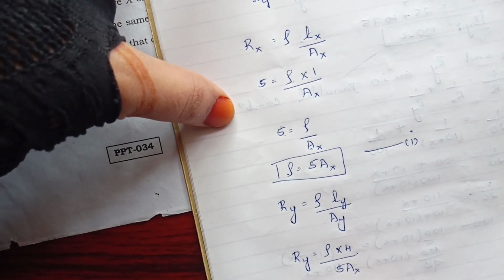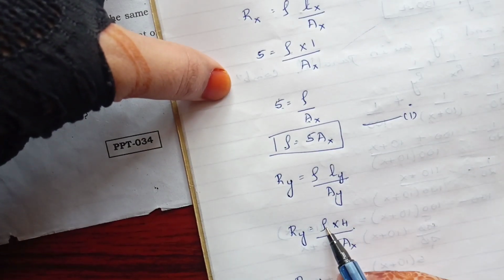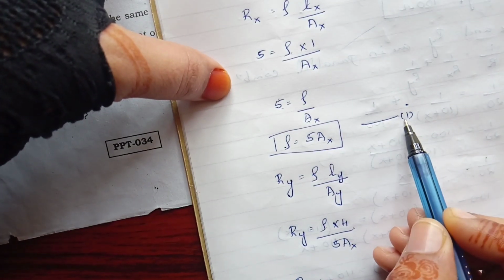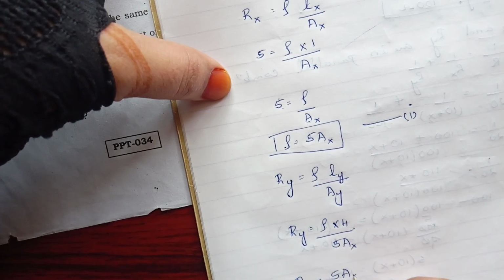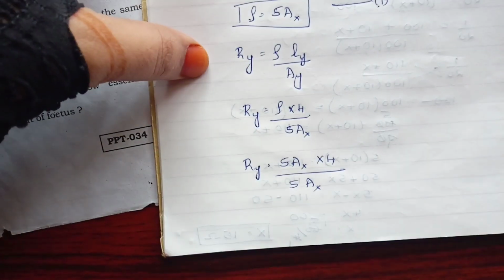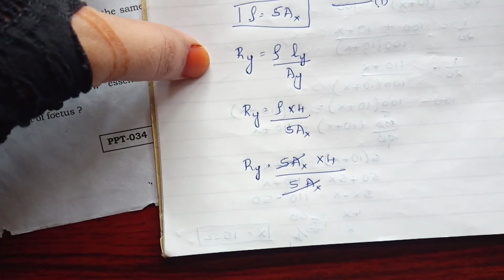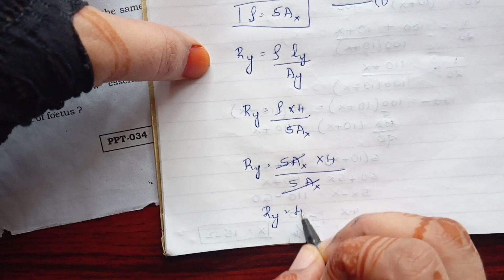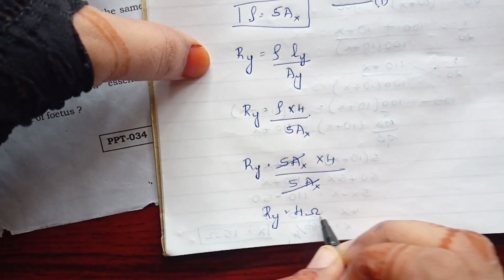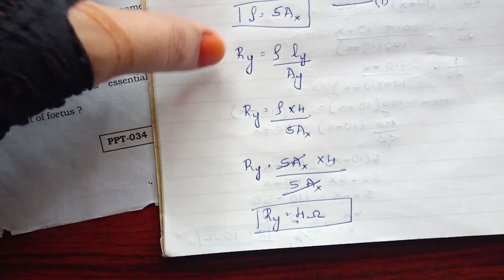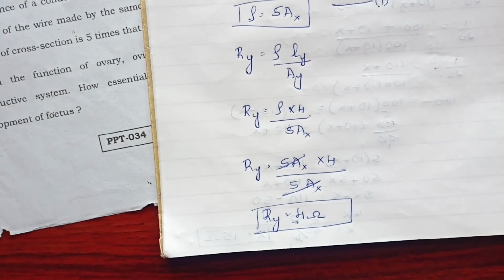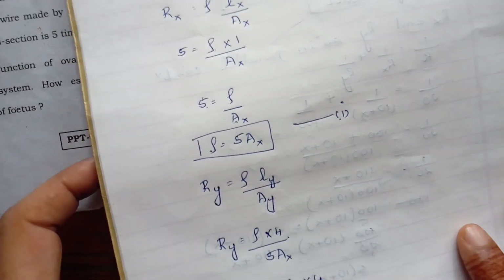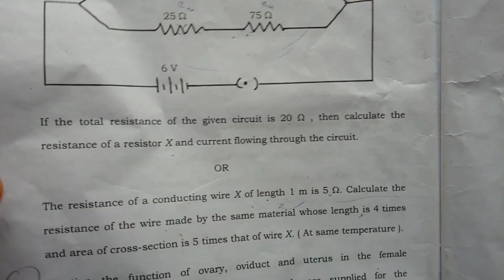Okay, so now one rho is left here. See here, rho, what I'll do is I have just written here equation 1, right? So I'm just going to write that in, 4 upon 5Ax. So as you can see here, now I can cancel this both. Since I can cancel this both, the only thing remaining down here is 4, and it's in front of resistance, so that is going to be the resistance for my, which wire? Yes, Ly, that is Y wire. My resistance is going to be 4 ohms.